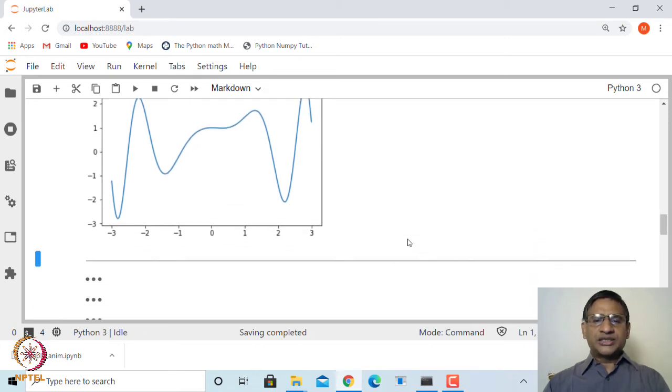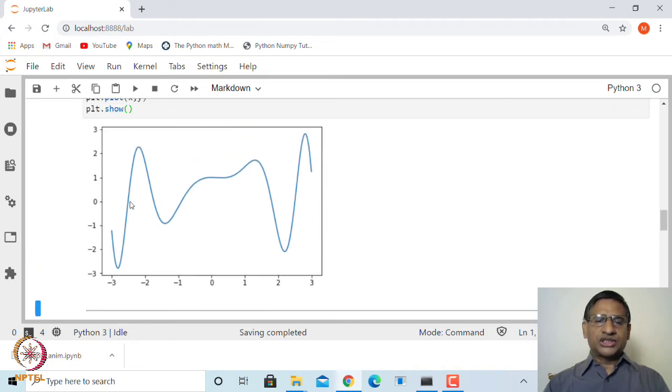Okay. Next, if you want to do any annotation to this graph, for example, if you want to change the color of this graph, add an x axis label, y axis label, or title, or change the style of this plot. For example, we can plot in dotted lines, or dot dot dot lines. All these options are available.